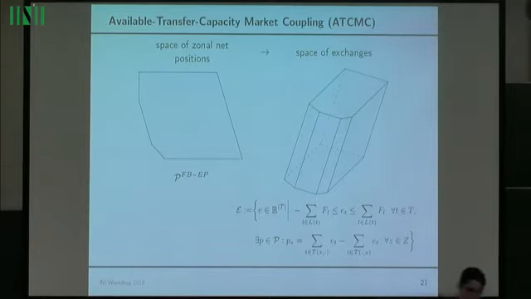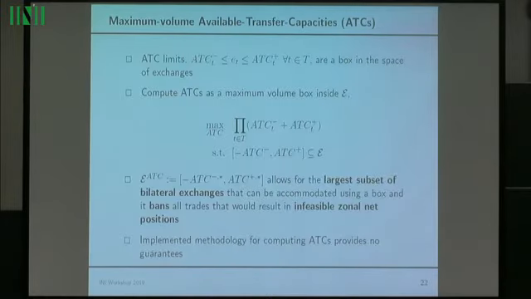But remember, the nature of the constraints that we're imposing on bilateral exchanges are box constraints. So basically, we're trying to fit as big a parallelogram as possible into this irregularly shaped polytope here. So we do that by solving a nonlinear convex optimization problem, and by adopting this methodology, again, we propose a zonal model for ATCs that respects the laws of the Commission, and